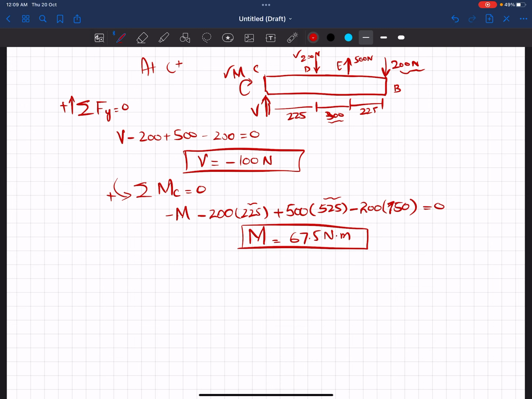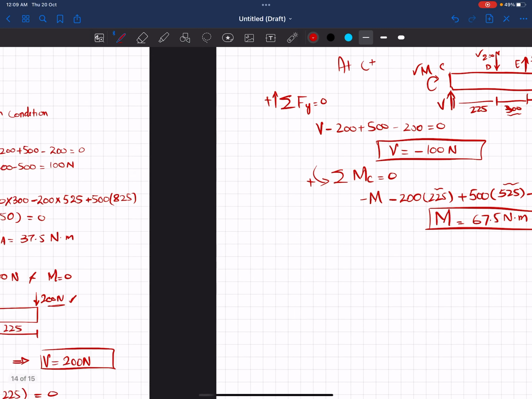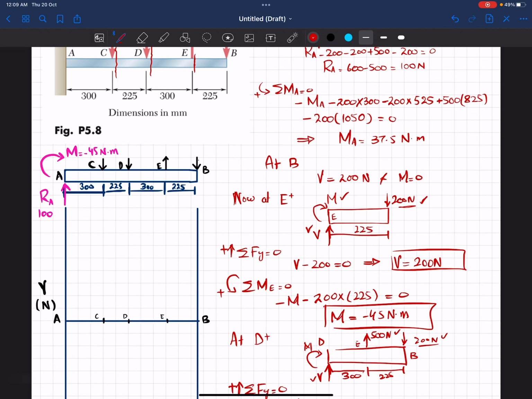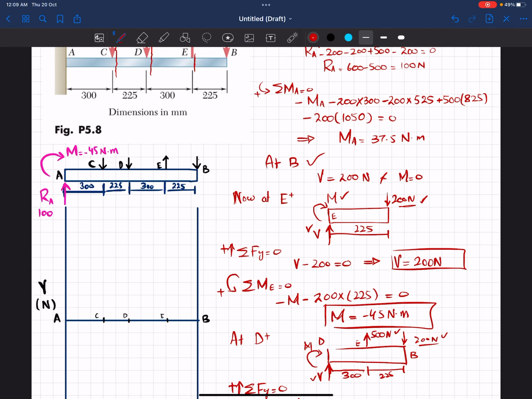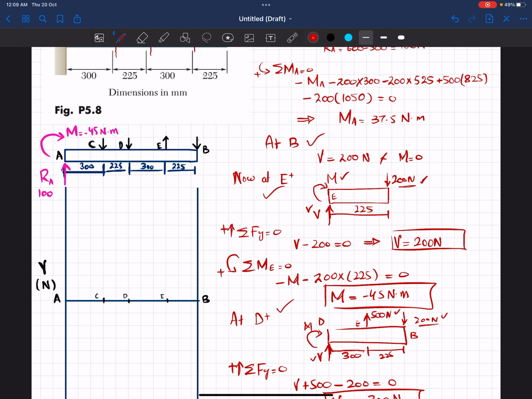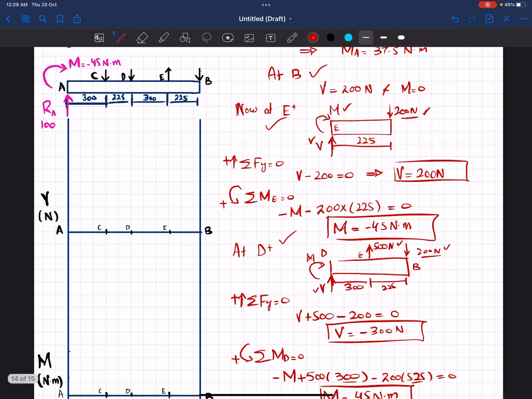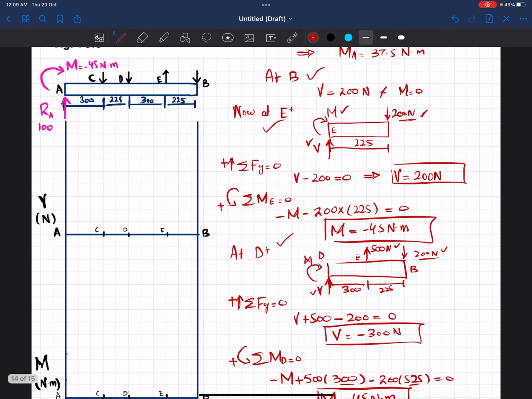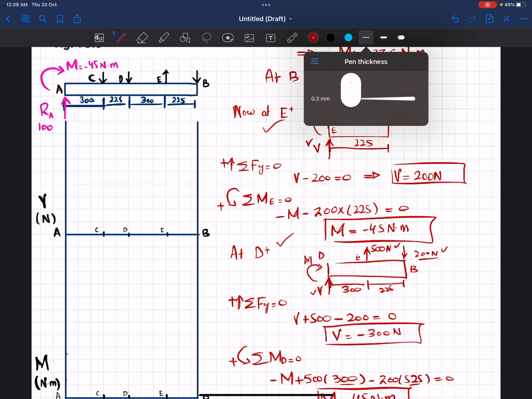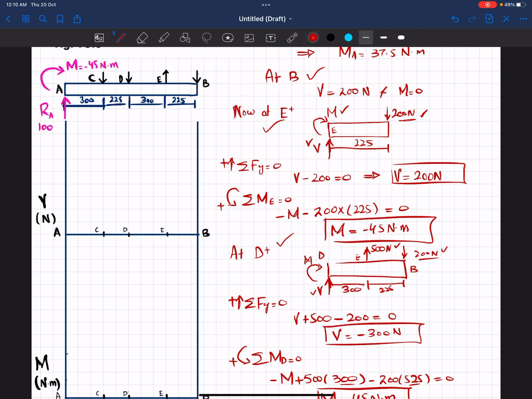Now we have all the values at point C. We can see that we have shear force and moment at point B, similarly at point E plus, point D plus and C plus. Now we can plot them to get the shear force and bending moment. For shear force I have drawn the graph and all the points are mentioned over here. If we plot it,